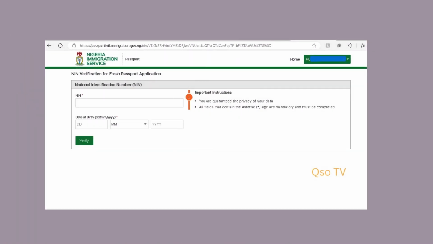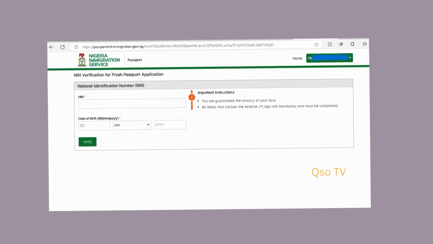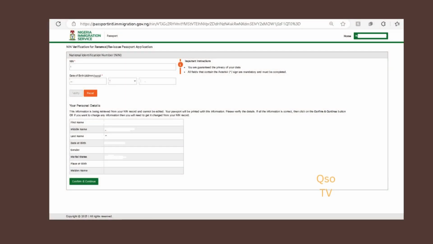The next thing is to input your NIN and your date of birth, then verify. The next screen will pull out your details from the NIS database, showing your name, your date of birth, and other information on file. Please fill out any blank line if the information is missing on the page, then confirm